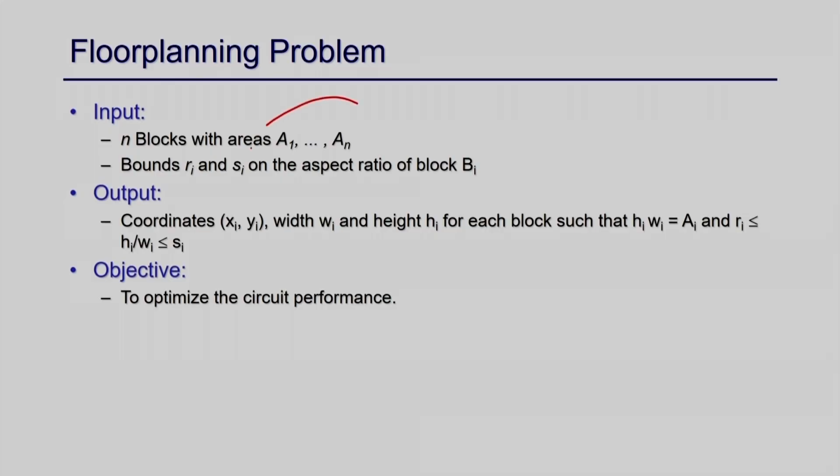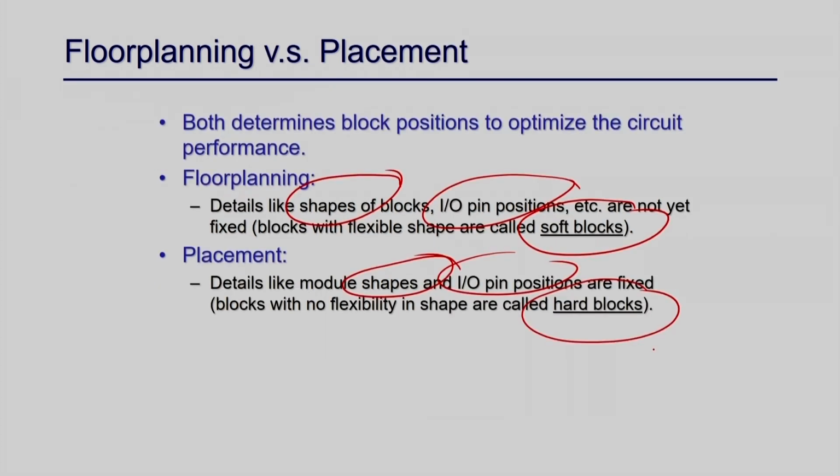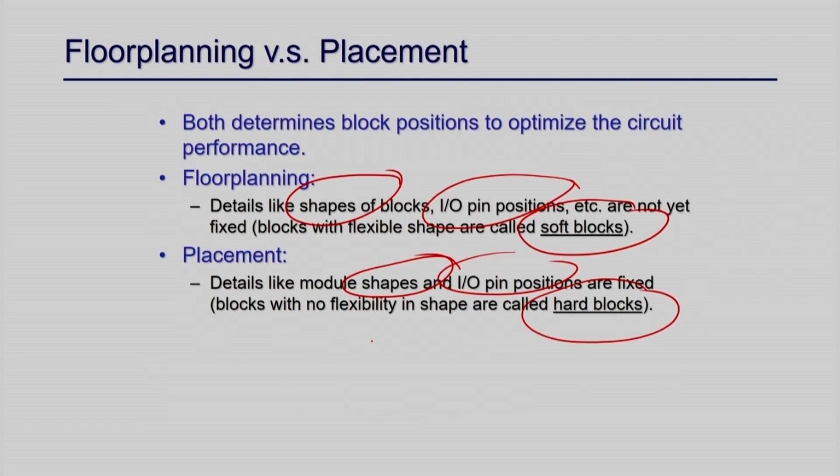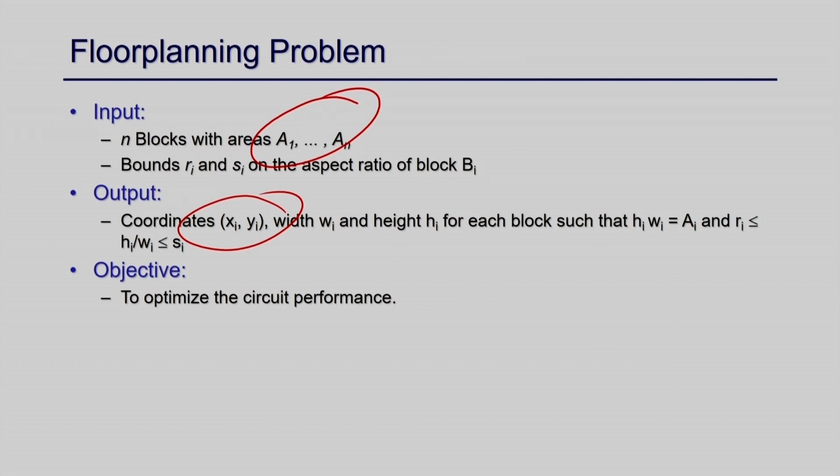So floor planning, as I also mentioned, also has n blocks, and you try to find out the coordinates. So you can see the input is almost the same for both, right? The set of blocks, and the output is coordinates. The only difference is that IO pins, aspect ratio, those things are not mentioned here, and whatever floor plan positions you find for each block may not be the final one. Placement tries to relook at those positions and optimize the area.